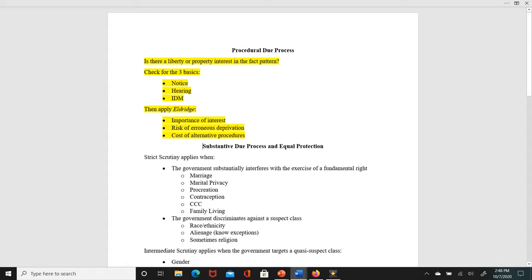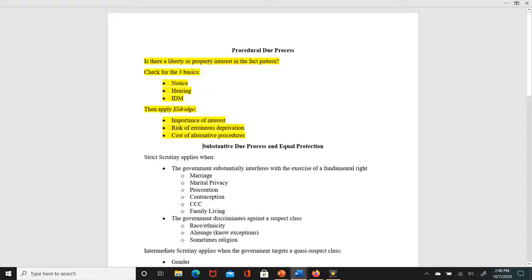And these are factors that some people would call balancing, because you look at them in relation to one another. I think that would be fine to say on a bar exam. How much process you get and when depends on, first of all, the importance of the interest that's at stake. That's common sense. Second of all, the risk of erroneous deprivation, as the courts say. So the risk of the government making a mistake using current procedures, right? How dangerous, essentially, is it for the government to use the current procedures that it's using? And finally, you would consider what are the costs associated with implementing whatever procedures you're suggesting or asking for